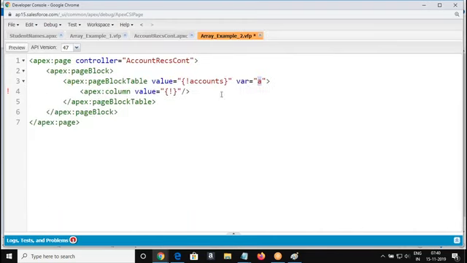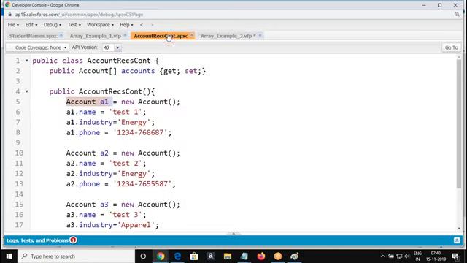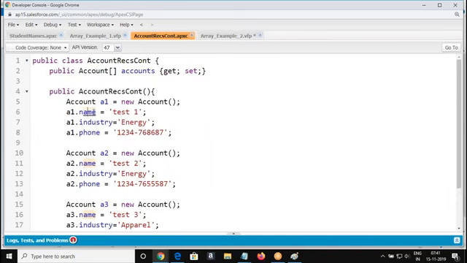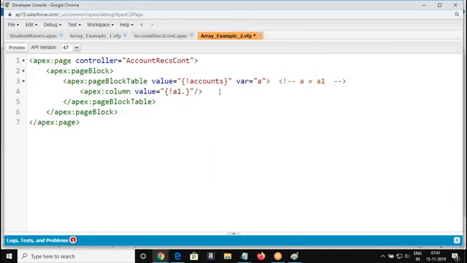Then we are going to refer to a field from the account record. We have values for name, industry, phone, so we refer to them with dot notation. Now A is going to have a record. I'm just including a comment here. Every time A is going to have one account record. In the first iteration, A is going to have A1. So A dot name, we are referring to this variable only.